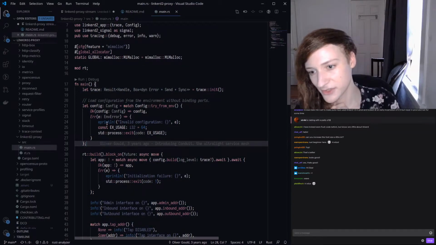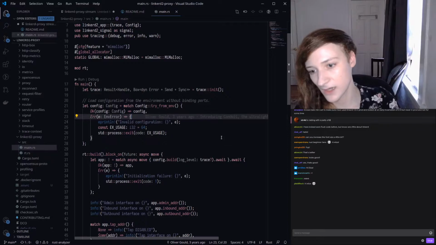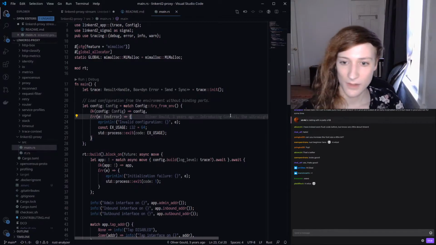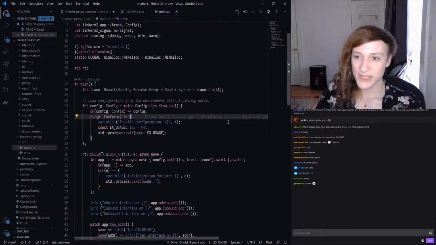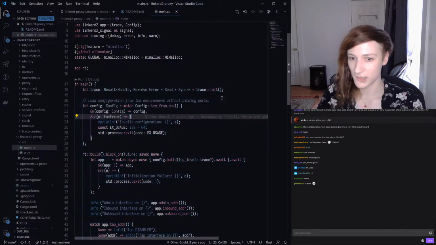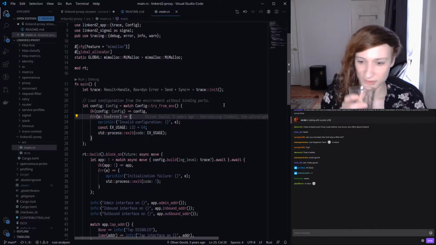And then here we handle the error by printing invalid configuration, and then we format the error, and then we exit with an error code. So that's the beginning of our introduction to basic Rust syntax, which was not my plan. I wanted to look at the organization of the project first, but I got a little carried away.